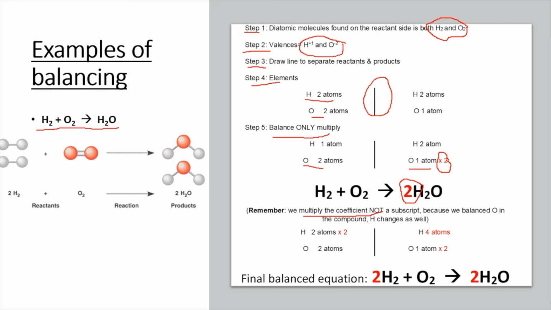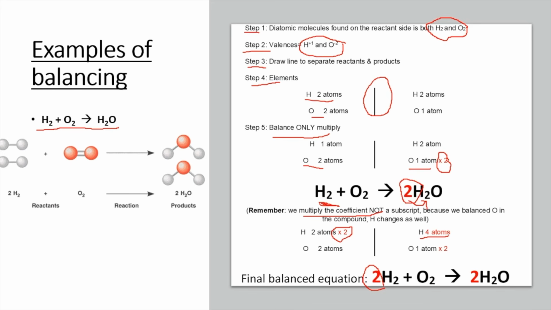Now this means that the 2 in front makes us times the subscript by 2 there, because now we have 2 water molecules, not just 2 hydrogen atoms. So here becomes 4 hydrogen. So we times our reactant side by 2, as there are already 2 hydrogen atoms there. So our final balanced product is